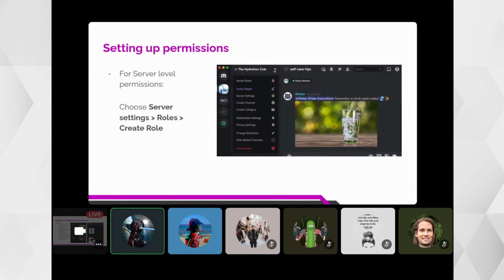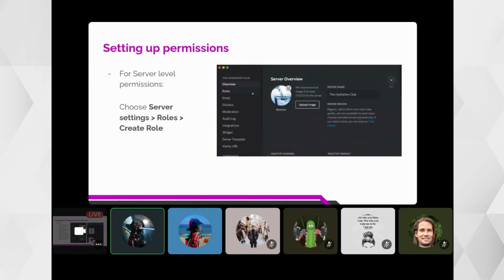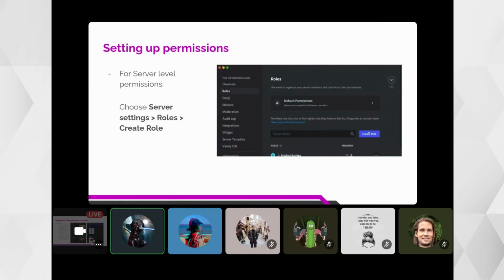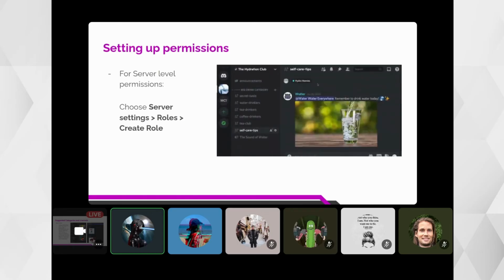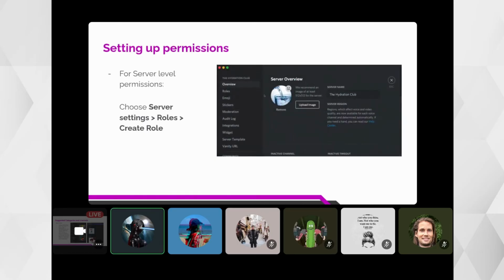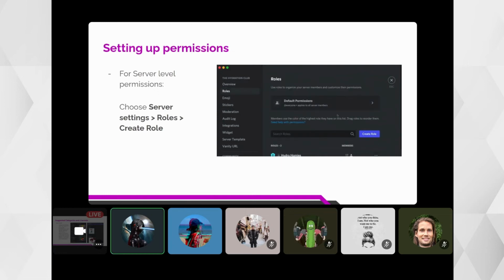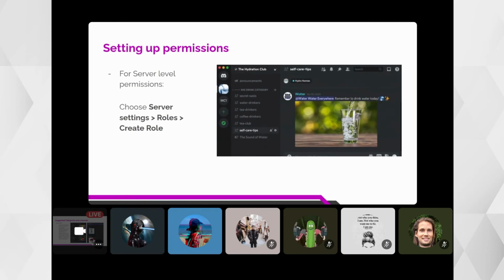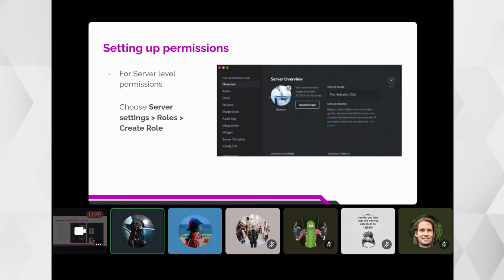Okay, so setting up the server level permissions is relatively easy. Just click on server settings, roles, and create role, and then permissions, and select those permissions.